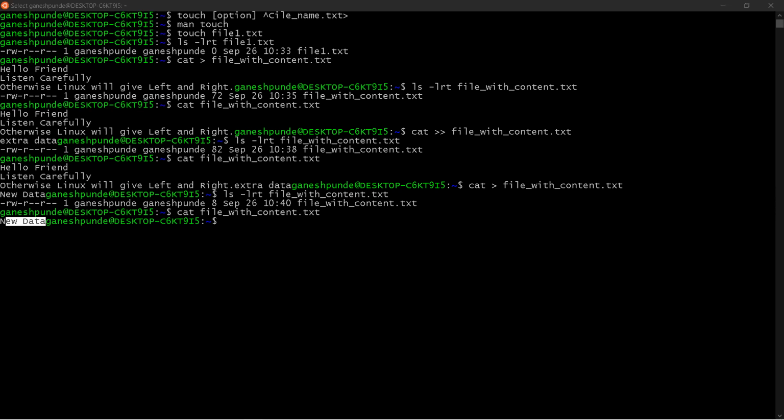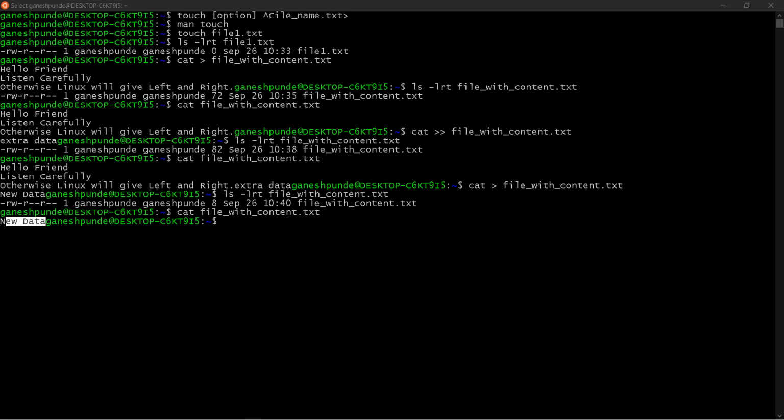Now we will see what is the difference between the touch and cat command. Touch is used for creating a file and cat is also used to create a file. Then what is the difference? Touch is used to create an empty file, whereas cat creates the file with some content.